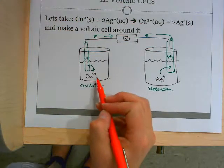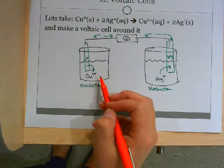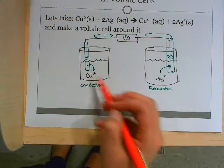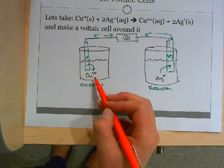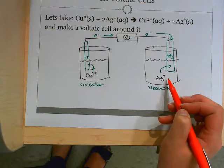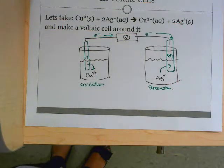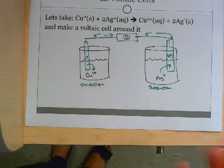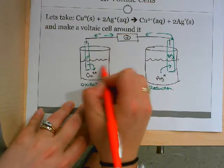If I was looking at this beaker, what is happening to the overall charge of things in the beaker? If this keeps going further and further, what's happening to my plus charges? It's gotten lots and lots of plus charges, right? What's happening to this beaker in terms of charge? It's getting less and less. They can't actually happen, right? You can't actually get a beaker that's all positively charged. It's weird. So in order to balance it out,